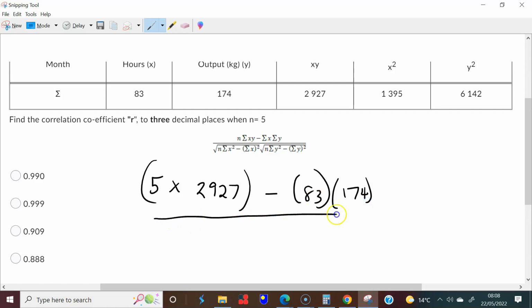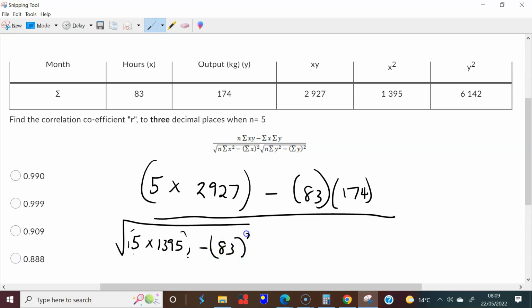And you divide all of this by the square root of, again, we have 5 times the sum of x squared, which is 1395, minus just take the x itself and square it, so 83 squared, right? So do all of that, and then also on this as well, do 5 times